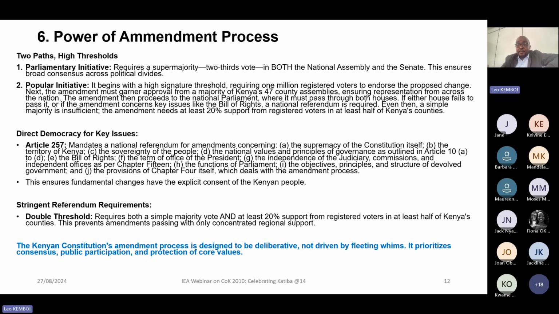Again, on the power of the amendment process, one thing that you observe is that the Kenyan Constitution amendment process was designed to be deliberative. What people call in constitutional language, constituent assemblies would come together and you deliberate, and in the end you end up with a document that has broad consensus. And the issue again stems from the political economy observation of how that amendment process was